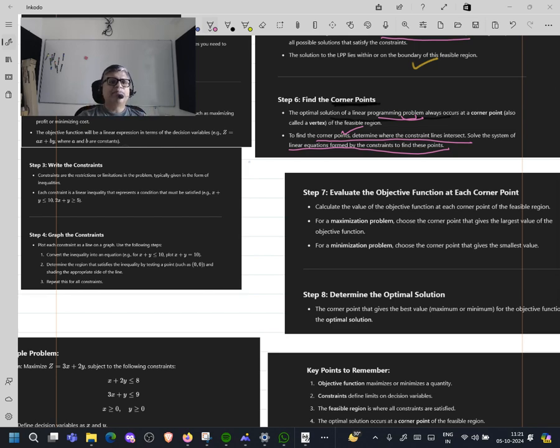Whatever x and y as a corner point gives you the maximum profit is the point you are worried about. If you get 3-4 corner points, one of them is giving you the highest profit. Your answer is, this is my solution, right? And you will say, this is my optimal solution because I have managed to maximize my profit. And that's my best investment strategy.